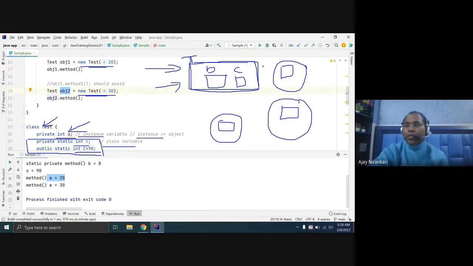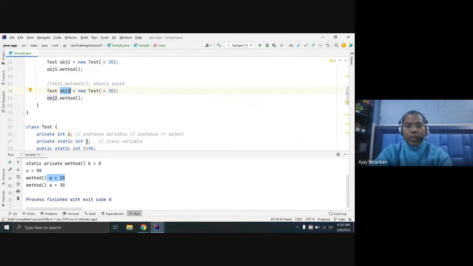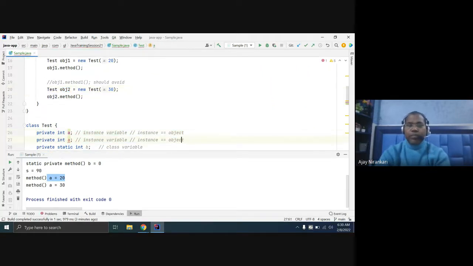So for each object, let's say we have declared two instance variables, A and A2.